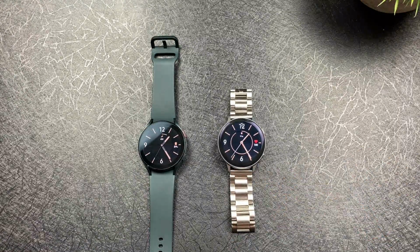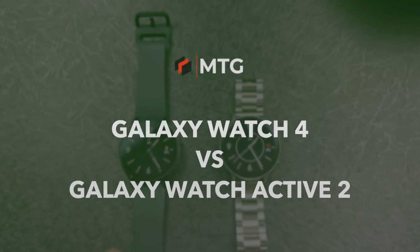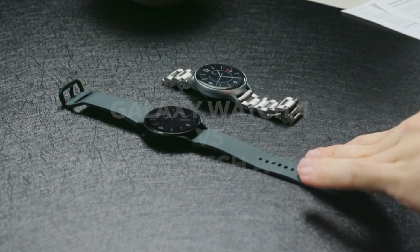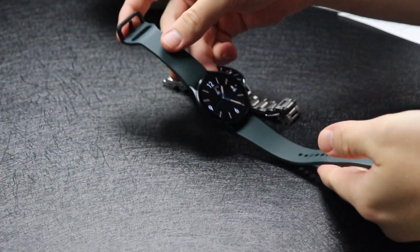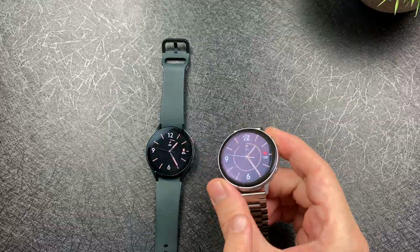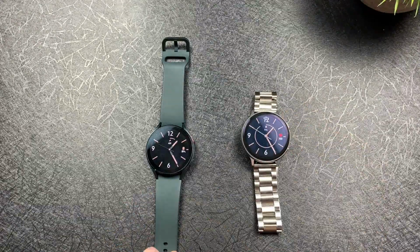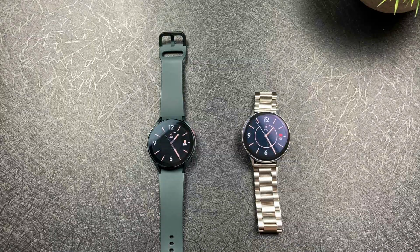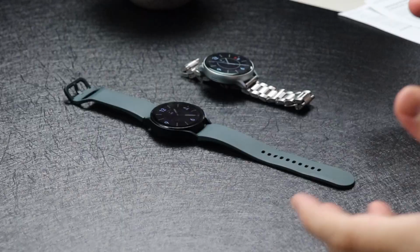Today I want to compare the Galaxy Watch 4 to the Galaxy Watch Active 2. Now, in essence, the Galaxy Watch 4 right here is the successor to the Galaxy Watch Active 2. This came out in 2019, and this actually came out more recently in August of 2021. So I just want to compare the two, what has what features and which one is kind of a better